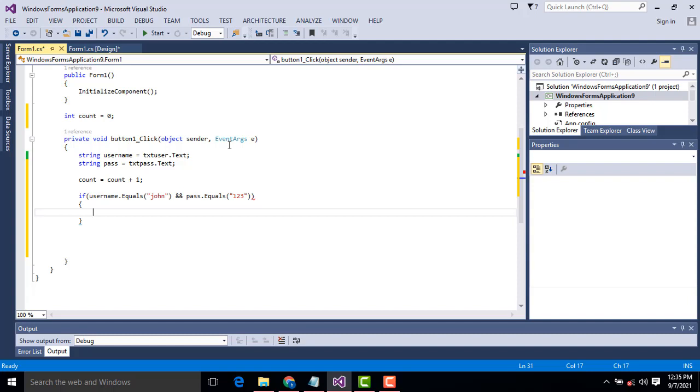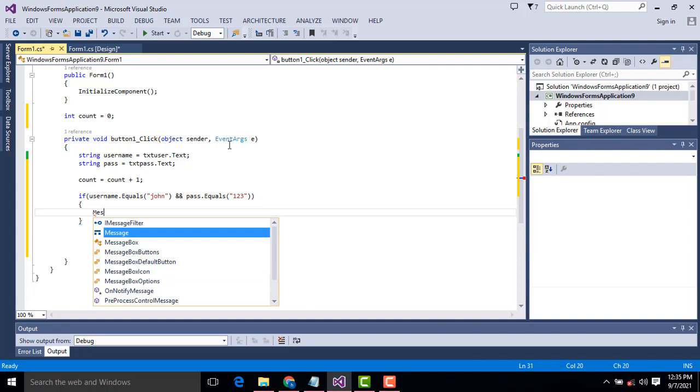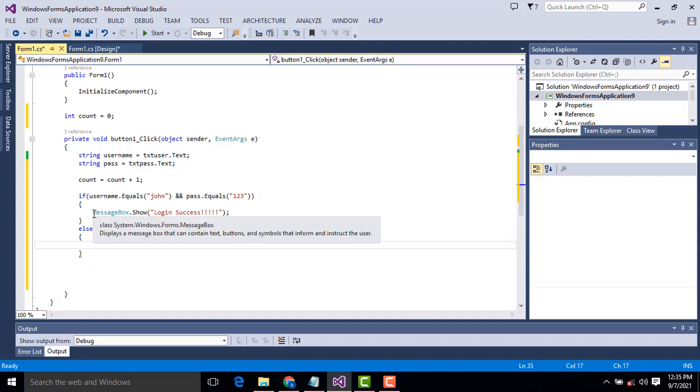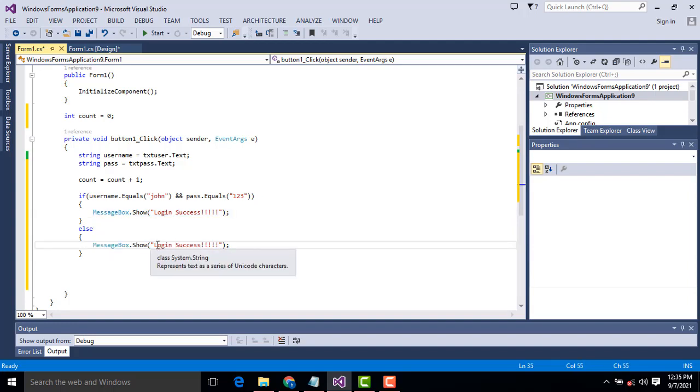If the username and password both are correct, you have to display a message, login success. Else, for fail, username or password incorrect.